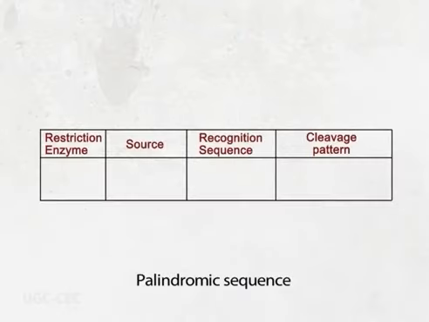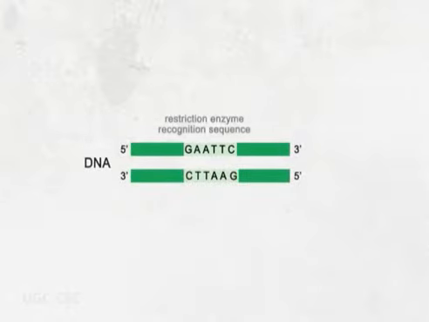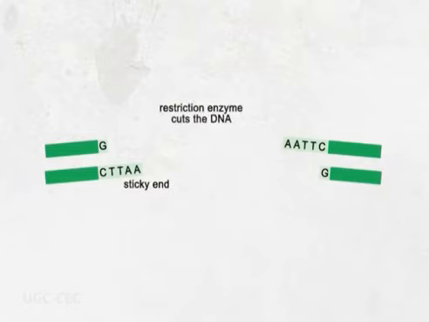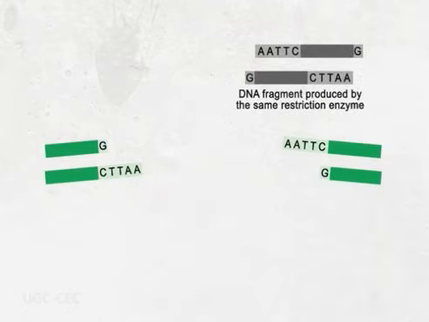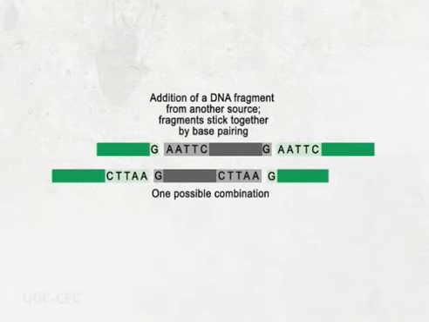That is, the sequence in the lower strand is the mirror image of the upper strand. The majority of restriction enzymes cut their recognition sites so as to generate single-stranded overhangs called sticky ends. When similar sticky ends are generated in the target DNA and vector, they are complementary to each other, so when the gene of interest is mixed with the vector DNA, their complementary sticky ends base pair with each other,